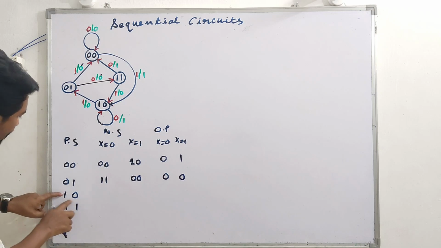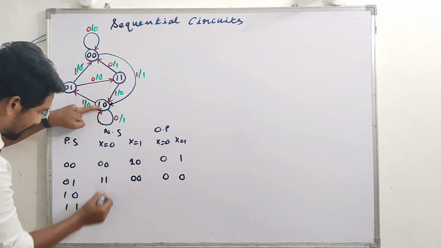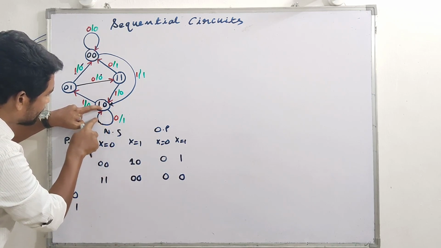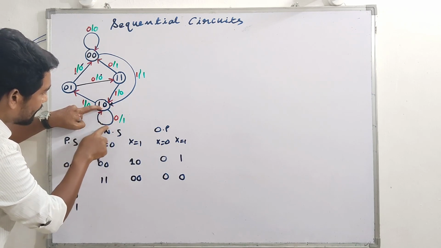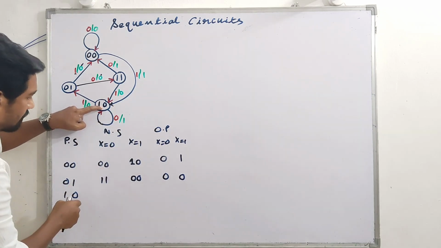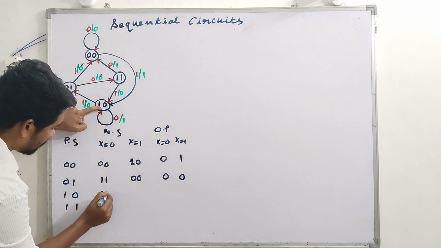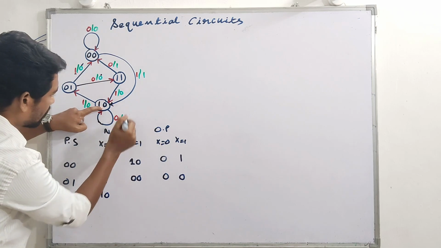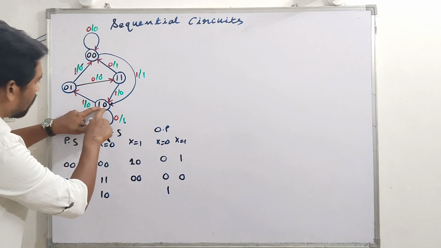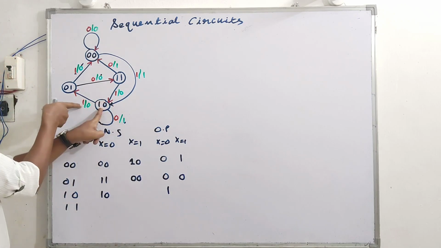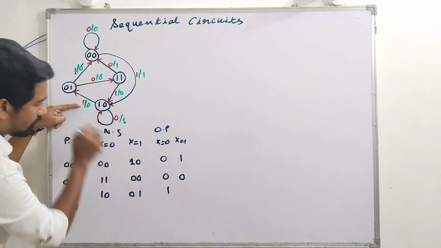And what about the next one? 1 0. With x equal to 0, this arrow indicates that with the input 0, the next state is the same; the next state and present state are the same. So with x equal to 0 there is no change in the state, it stays 1 0, and the corresponding output is 1. For the same state 1 0 with x equal to 1, the next state will be 0 1, and the corresponding output is